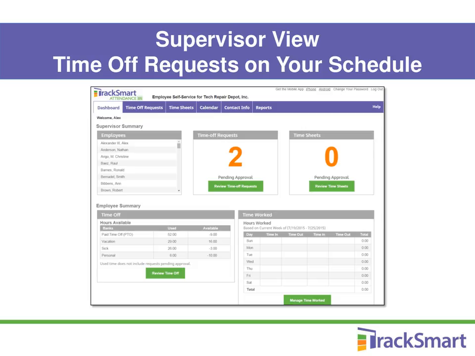As an administrator or supervisor with permission, you'll receive an email that the employee has submitted a request pending your approval, and you also will see a notification when you log in. This is what a dashboard looks like for a supervisor. You see they have the list of their employees, time off requests pending approval. They can just click through on this link to go take care of those, and if they have any timesheets